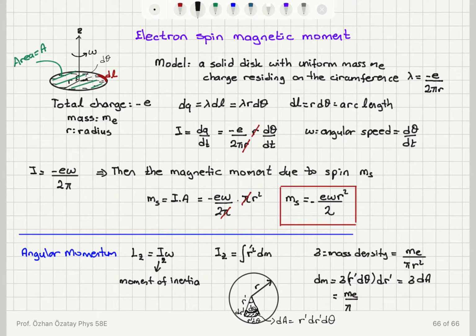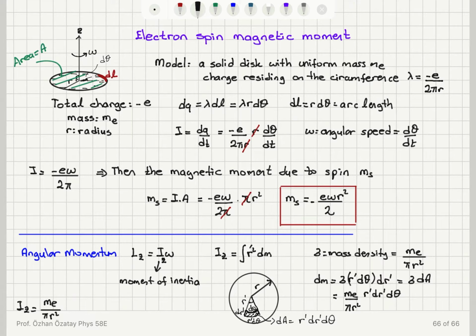Okay, so I can find the differential mass dm to be the mass of the electron divided by pi r squared, where r is the radius of the disk, times r prime dr prime d theta, that is dm. Now I have to integrate over all possible dm's to get the total moment of inertia about the z-axis. So I can find it is equal to, for dm, the mass of the electron divided by pi r squared, that will be outside of the integral,